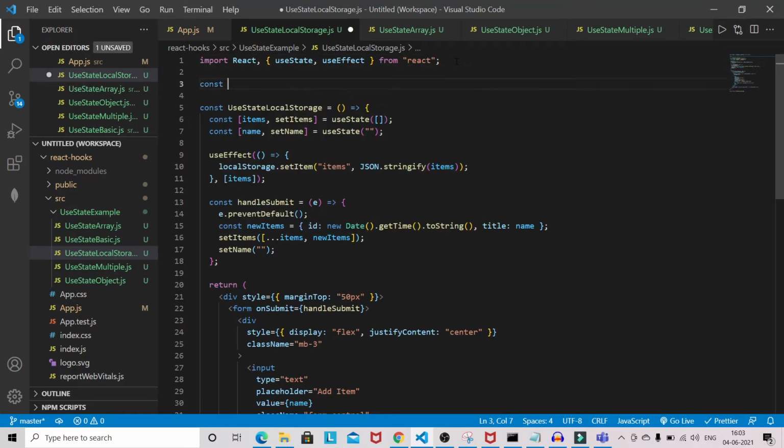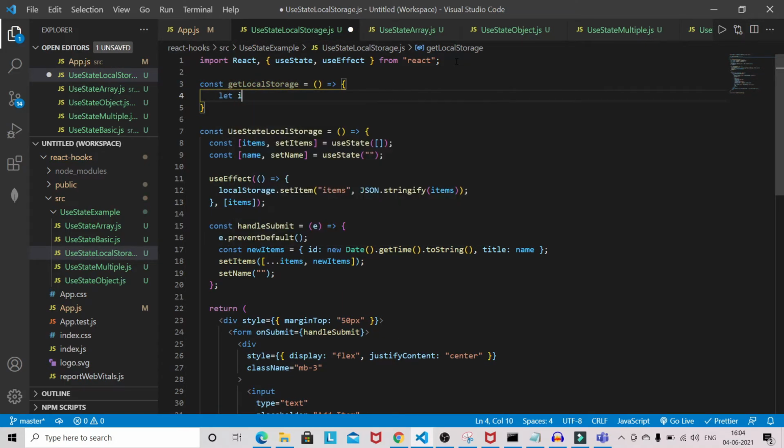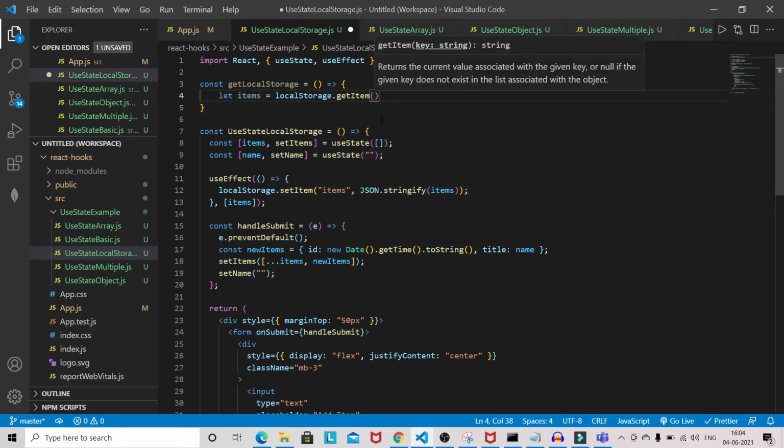And in order to get the item from local storage we need to define one function, getLocalStorage. So let items equal localStorage. Here we have set the item in the local storage, and with getItem we can get the item from the local storage. So we need to provide the same name while setting the item in the local storage.